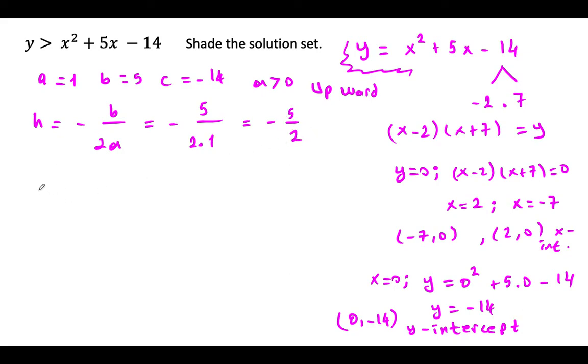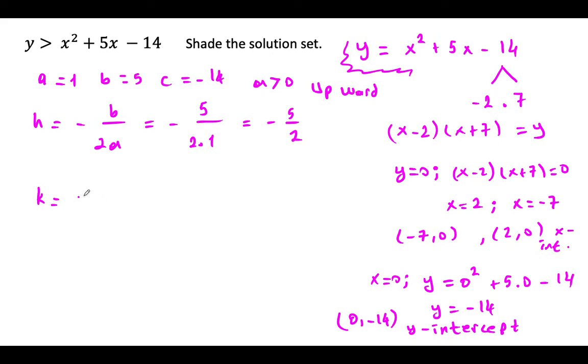And then k, actually we don't need k, since we are just shading the inside or outside of the region. For that reason we don't need k, but to draw more accurately,